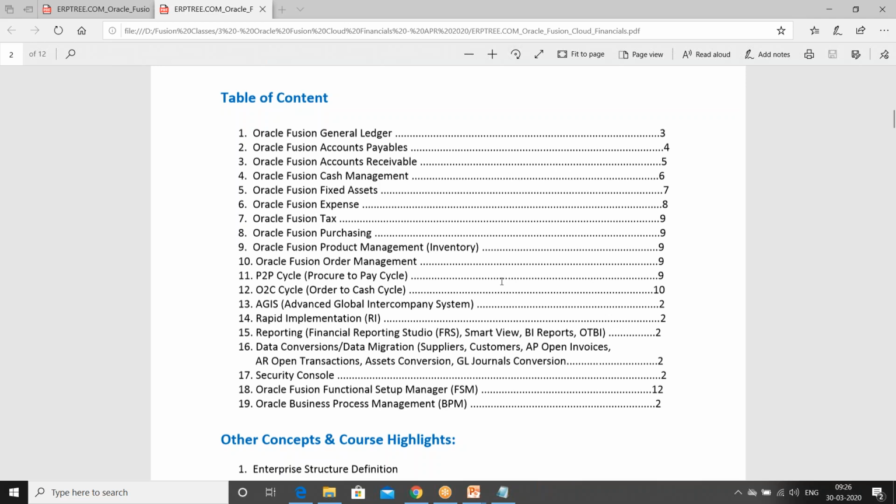Yeah, within each and every session we'll record and we'll share. That is one option. The second option is, whatever concepts and applications we are going to deal with, everything will be written in the spreadsheet. Say in Payables, first you are going to do payables setups, and we'll list them out. For a specific concept, what setups need to be performed to implement a particular feature, I will write in detail.